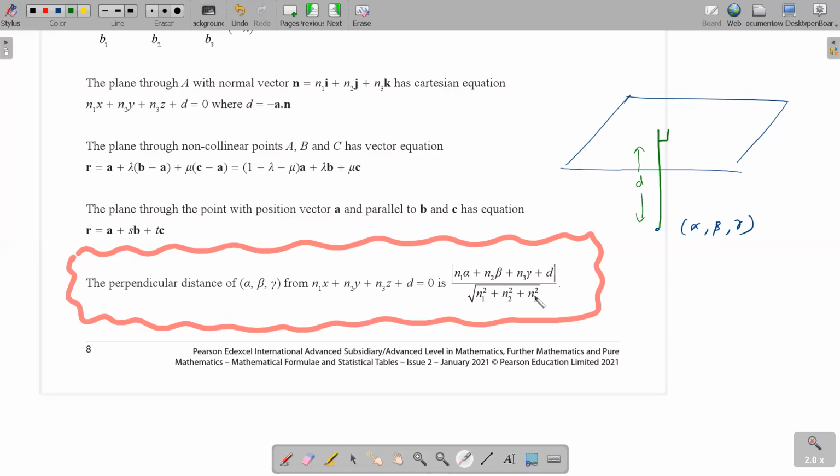Yes, please note it down. It will be used in the exam. You will need it. It's not there in the textbook. But fortunately, they have given it in the formula book, so that you can use it, otherwise it's very difficult. The method they have given in the book to get the distance from a certain point to the plane is very difficult. But this will help you to do that in a matter of seconds. You can finish it. Okay, so that's it then.